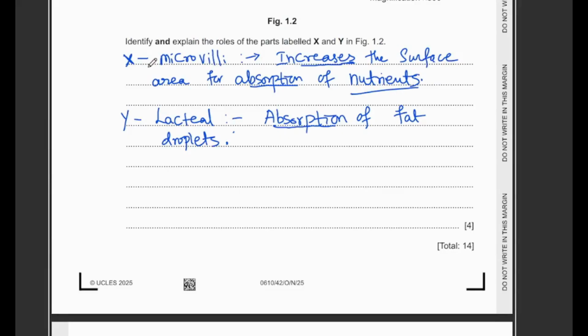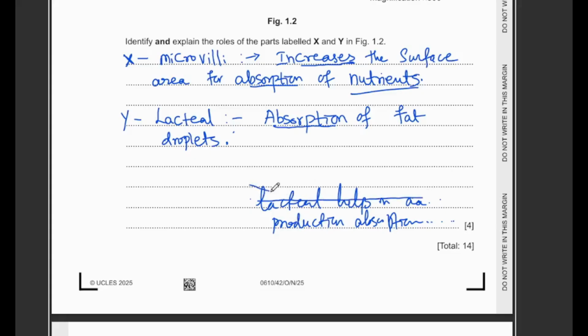And how to strike it? It's very simple. Suppose you wrote something here, let's say helps in amino acid production or absorption, and you got to know that this may not be the correct answer. So what you're supposed to do, you just strike it. You can just make it in this manner, or you can just strike it like this and mention in the